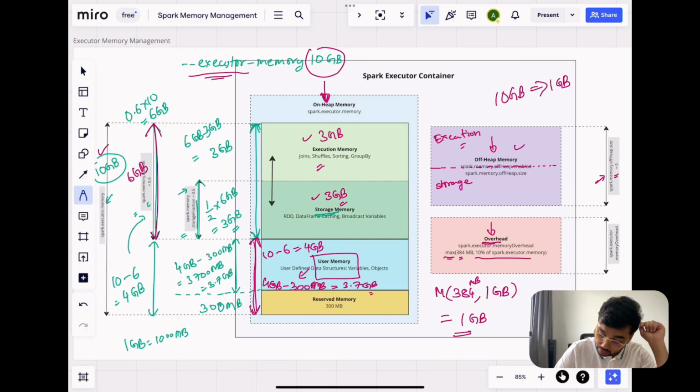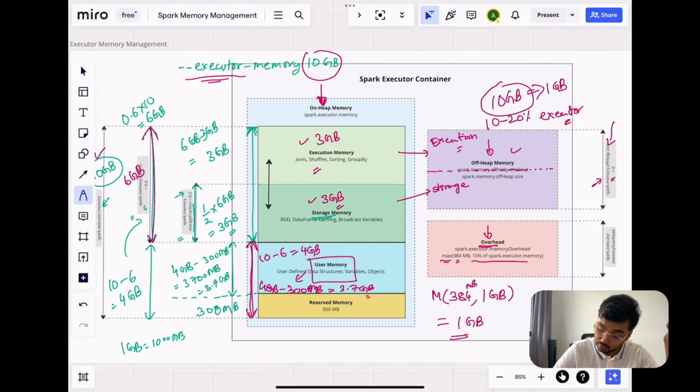So it looks the same as unified memory. Normally it is disabled, but if you want to use it, you have to go ahead and set this. A good start can be something like 10 to 20% of your executor memory. So 10 to 20% of this 10 GB, which is the executor memory, you can set this value